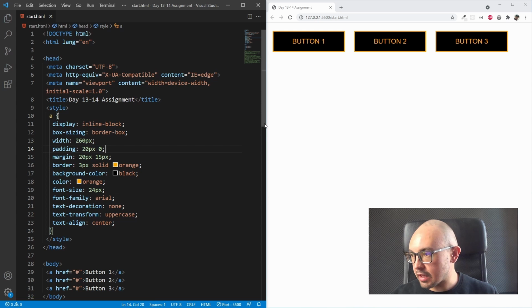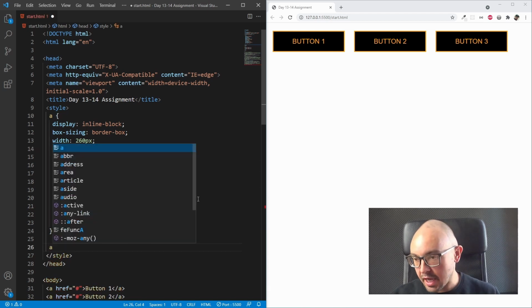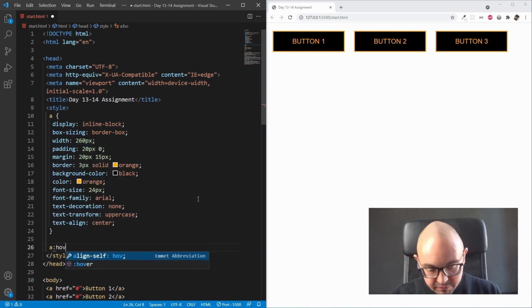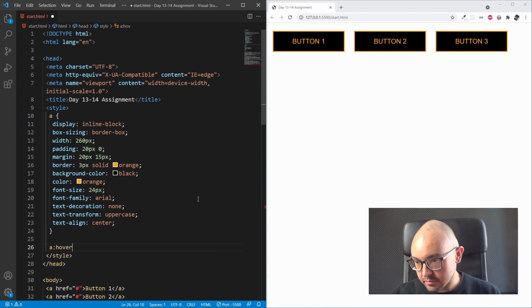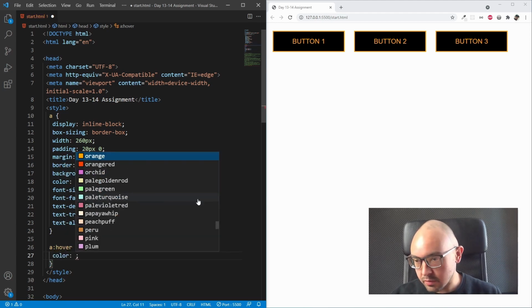And now let's handle our hover pseudo class so that when we hover on our buttons, the font color and the background color will change. What we need to do is to refer once again to our a tag but now with the pseudo class of hover, like this. And when we hover on our element, its color should change to white,